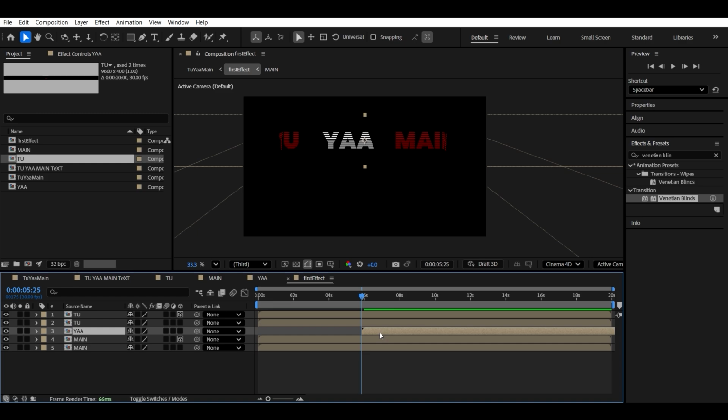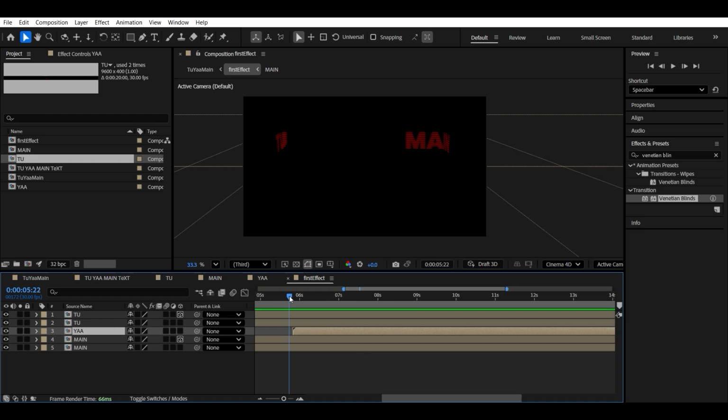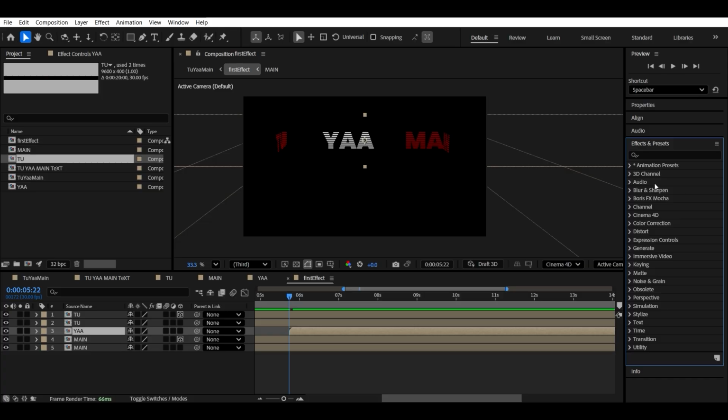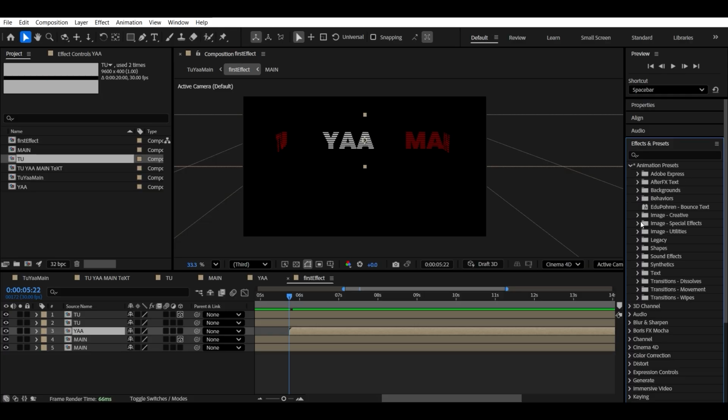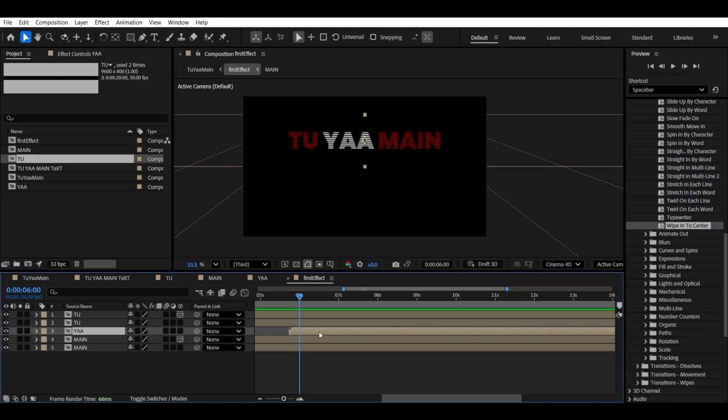So we will drag Ya to this location. So you can see Ya is showing now. So when Ya shows, we will show some effect. So we will go to effects and go to animation preset, then go to text and then go to animate in. Now we will see wipe into center